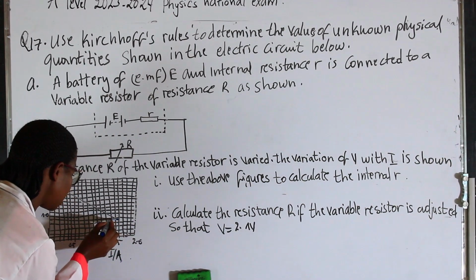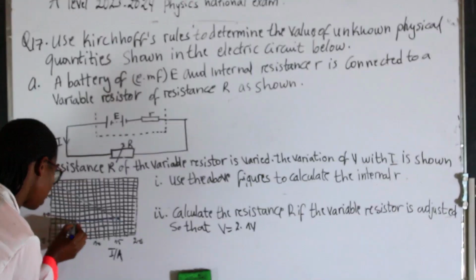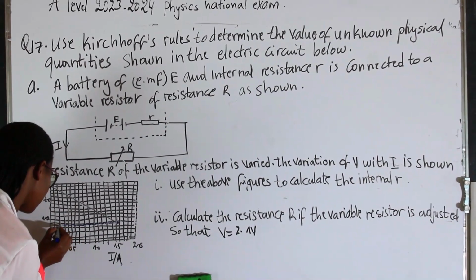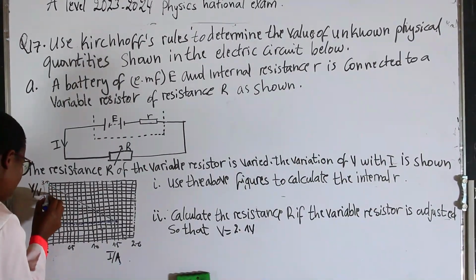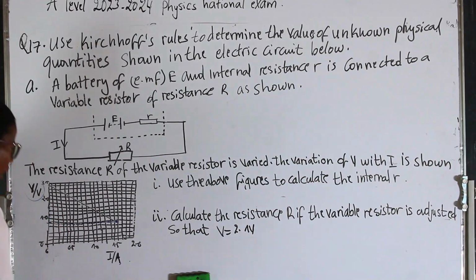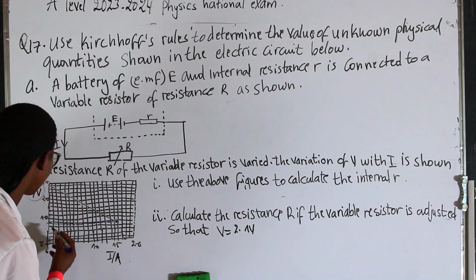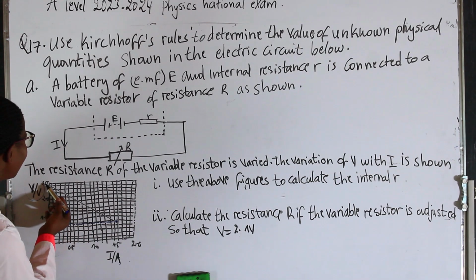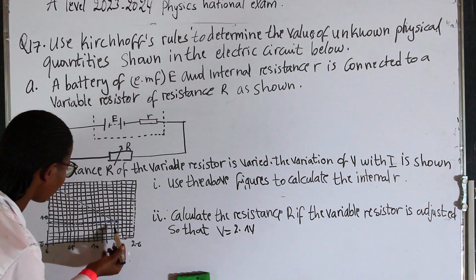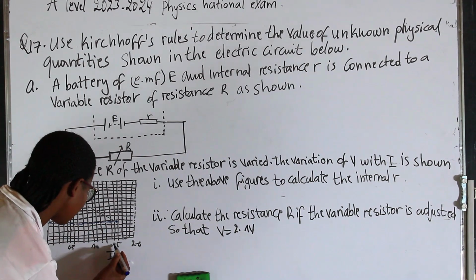The gradient is like this, then like this. To calculate our gradient, here we have the current. The maximum current we have here is just at